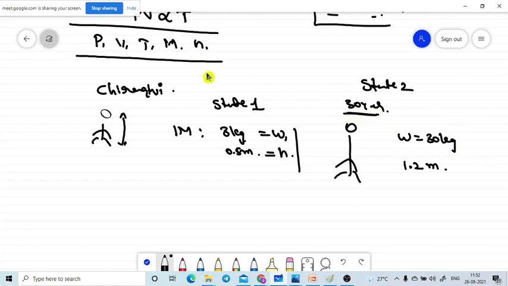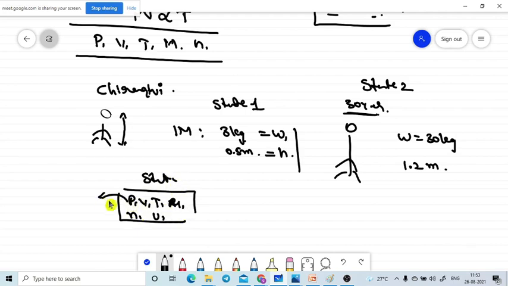So the state of the system also, we need to know what the position of the system is. That is named a state. At one time, the state of the system has P1, V1, T1, M1, and also N1 and U1. It is at state 1. So this system has the pressure of this value, volume this value, temperature this value, mass this value, number of moles this value, internal energy this value.